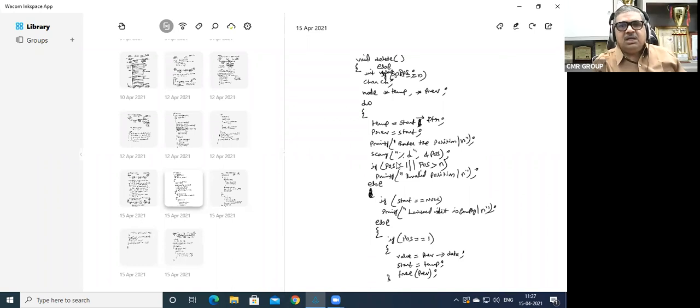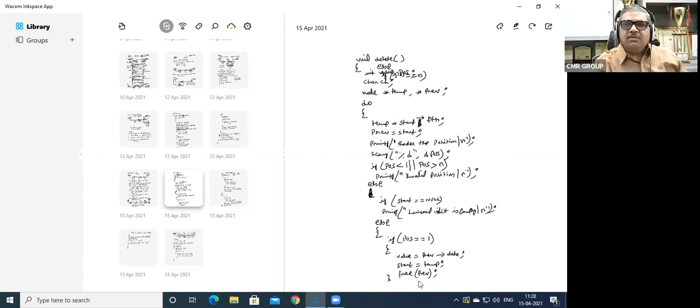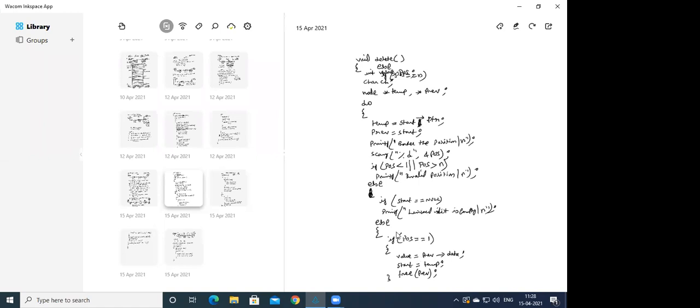Now every time we are deleting the temp only, but when pause is equal to 1, we have to delete the first node. Are you getting the point or not? If you say free temp here, what will happen? Temp will get deleted, that is the second node will get deleted. We don't want to delete the second node, we want to delete the first node. So that is the reason we do free previous here. But before freeing the previous, the temp is the second node, right? So I'm assigning start is equal to temp. Got it? Okay, sir.